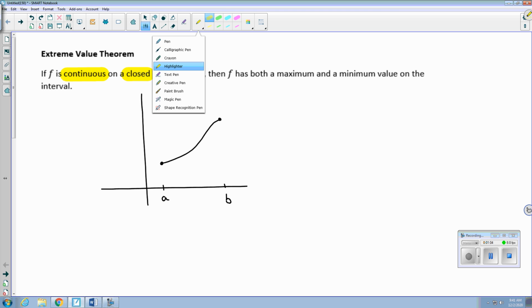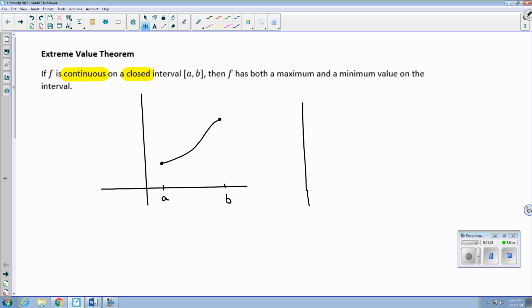So we need to make sure we're considering that when we're evaluating whether or not this function will have a maximum and minimum along a certain interval. It has to be continuous and it has to be closed. So let's look at what would happen if one or both of those things were not met. So in the case where we have to take on a closed interval, if I just open up the interval and the endpoints with that same graph,